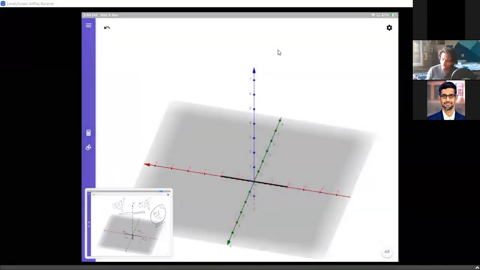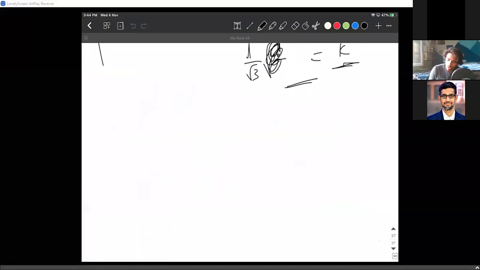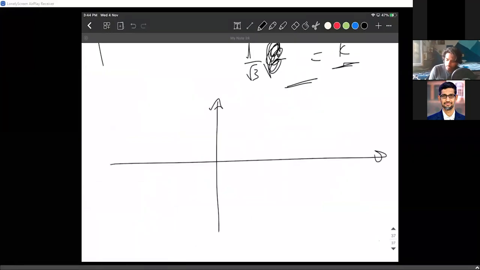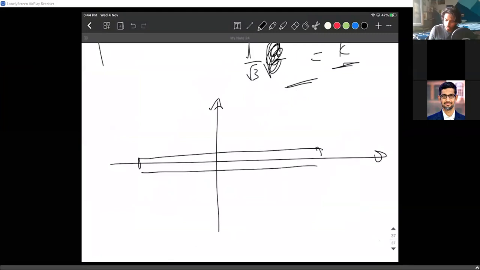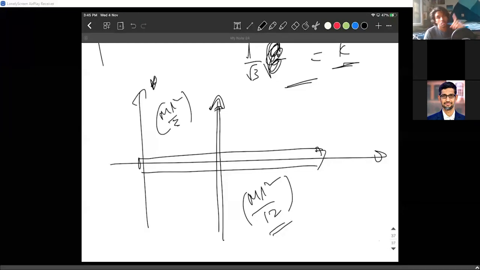So all you need to do is simply add them, and you get the moment of inertia as ml square by 12. So guys, remember this idea: if you have a rod and you want the moment of inertia about the midpoint of the rod, about the axis passing through the midpoint, you can directly write it as ml square by 12. About the end, it is ml square by 3. If you change the axis to the end, it is ml square by 3. If it is about the midpoint, it is ml square by 12.